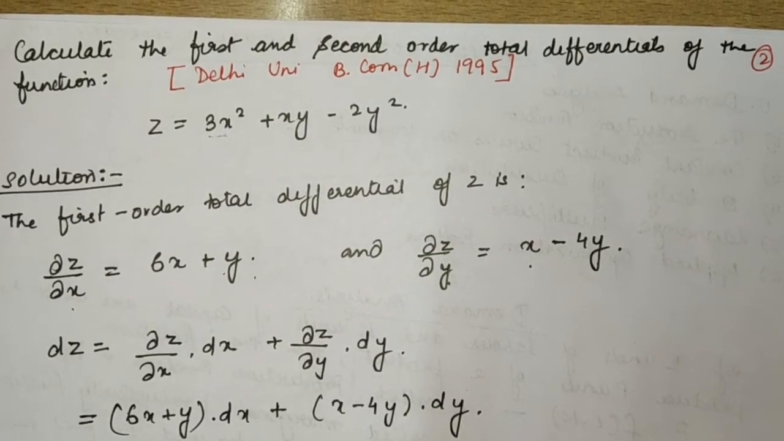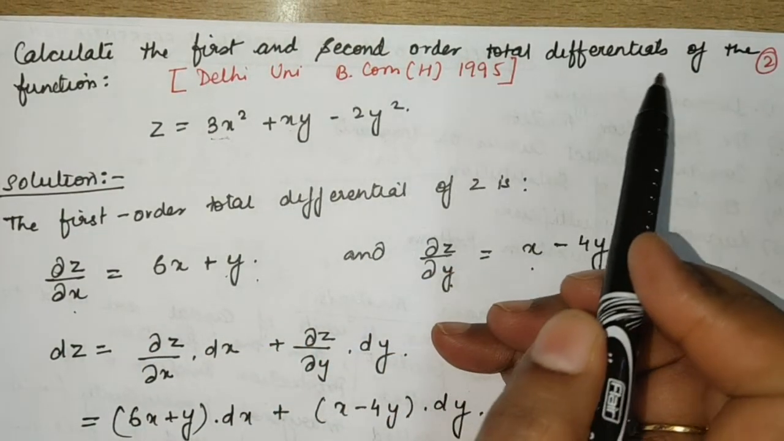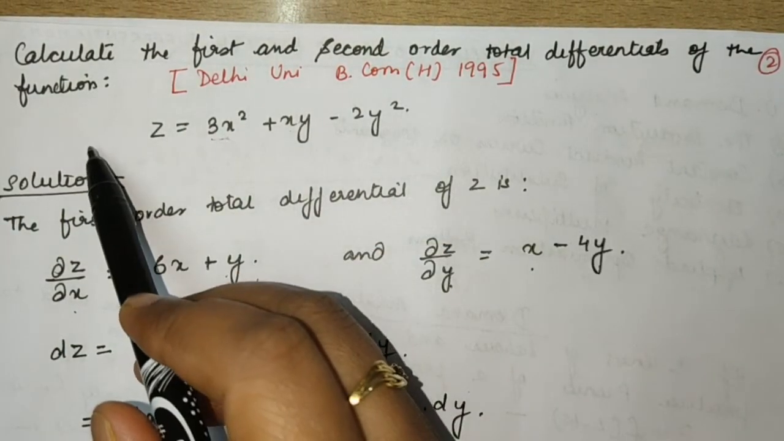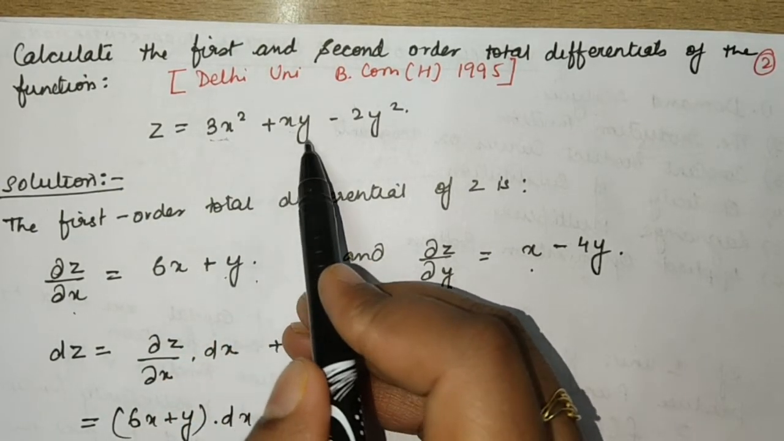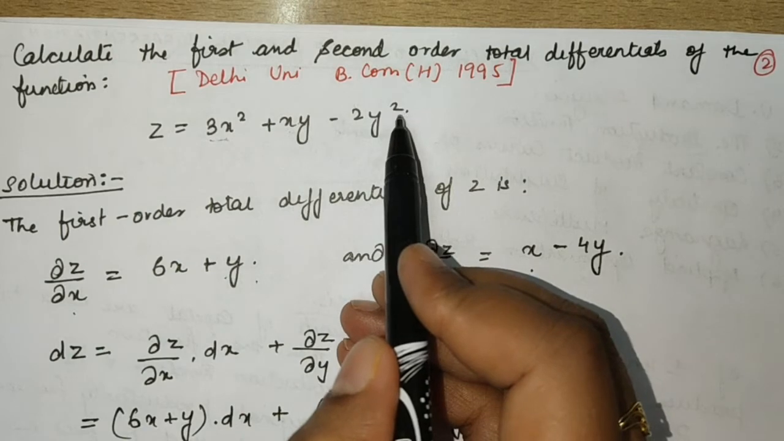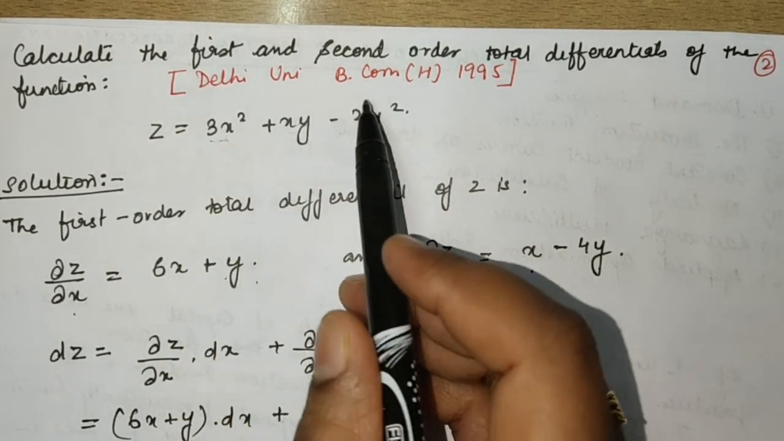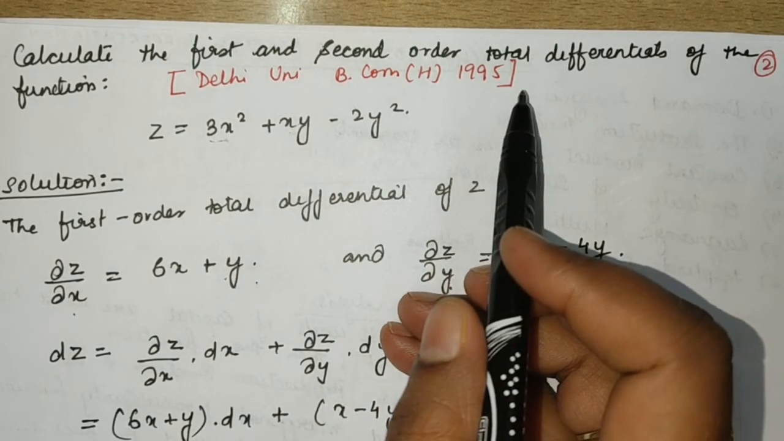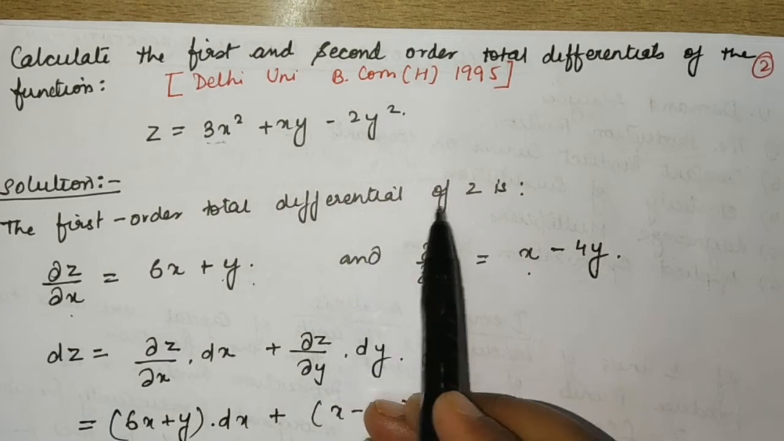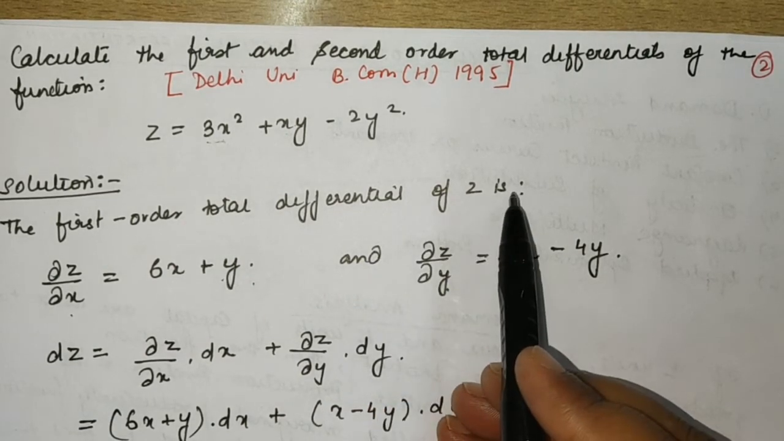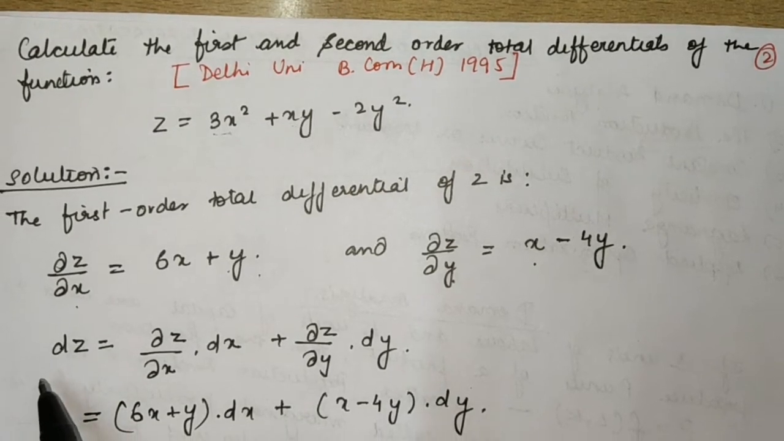We move to the next question. Calculate the first and second order total differentials of the function z is equal to 3x square plus xy minus 2y square. This question has come in Delhi University BCom Honours 1995. What is the solution? The first order total differential of z is,